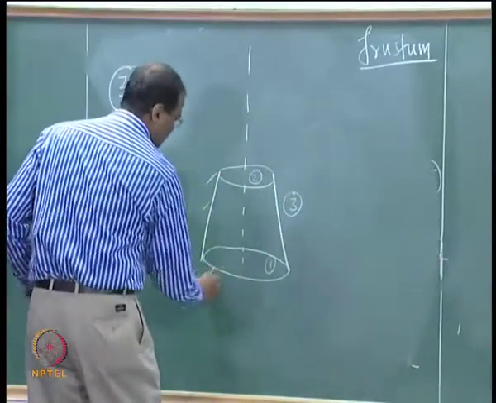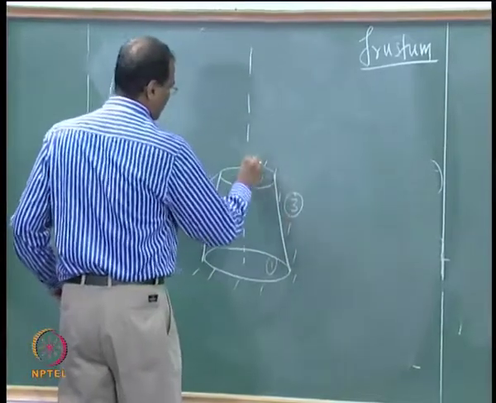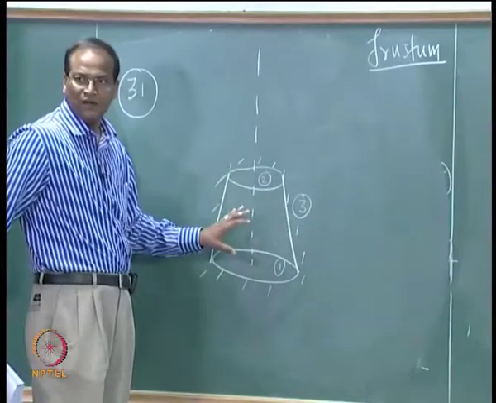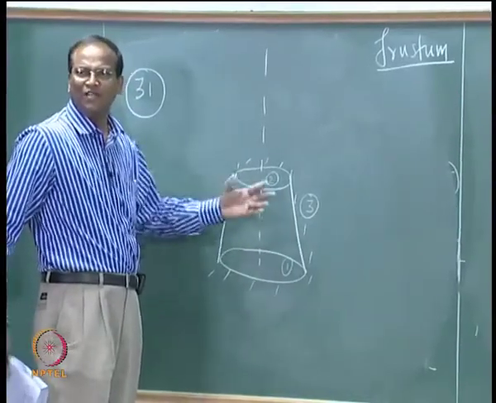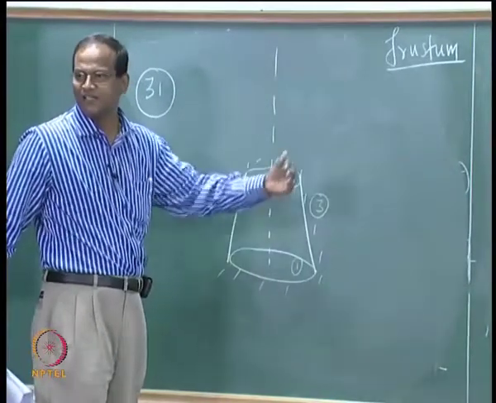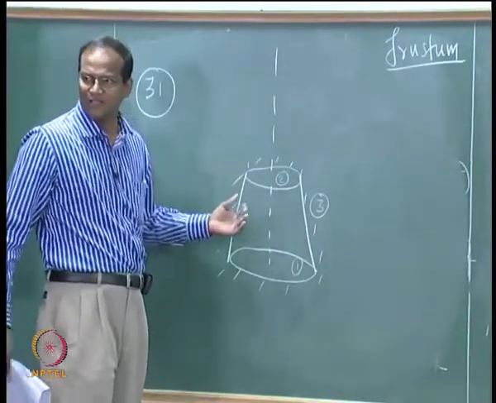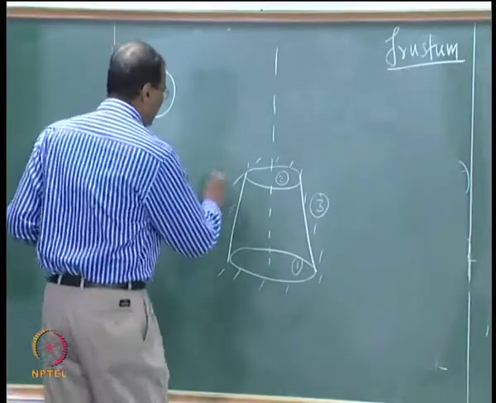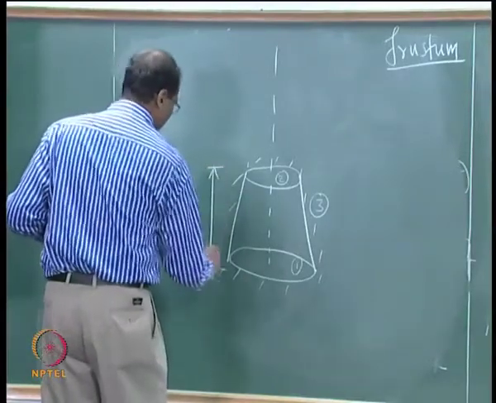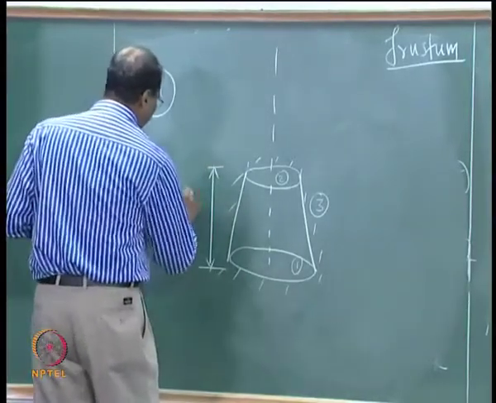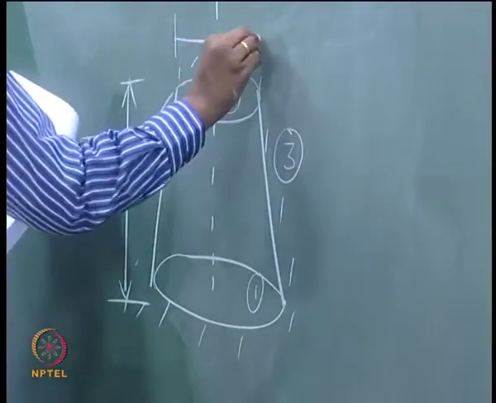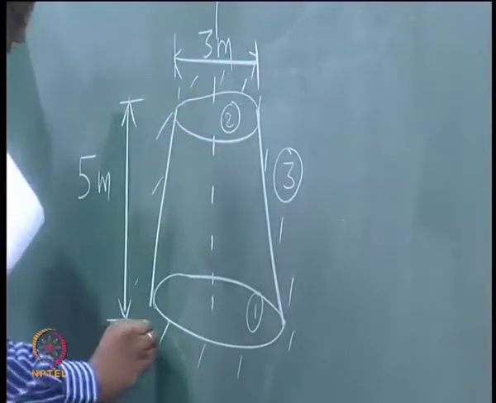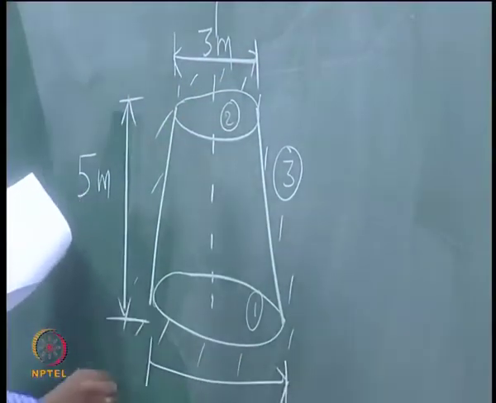Outside there is no activity, the whole thing is hollow, so radiation is taking place inside. Let us not worry about the emissivity and temperature, that will follow after we learn the radiosity and irradiation method for enclosure analysis. We will solve for radiosity and get the heat flux, but now we are interested in the view factors. This height is 5 meters, this is about 3 meters, and this is about 4.5 meters.